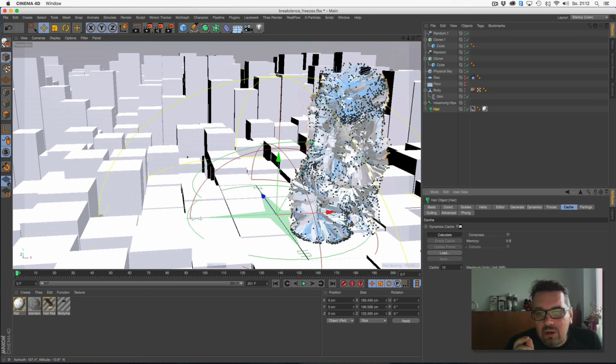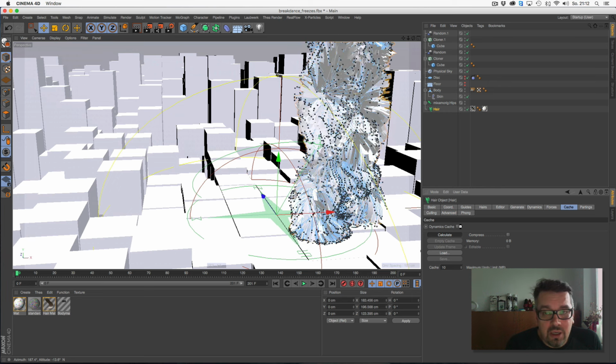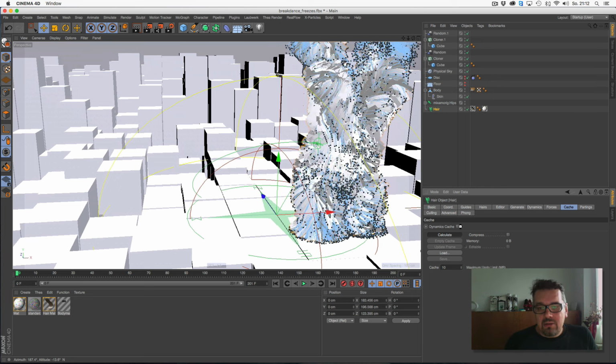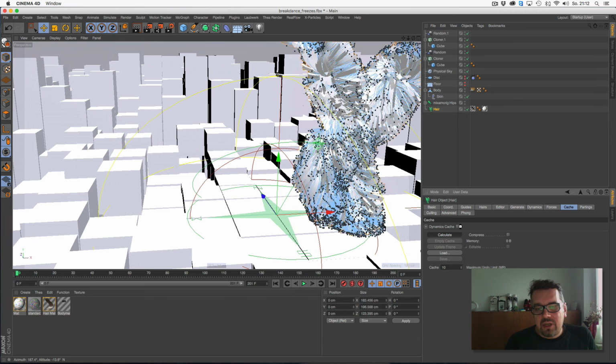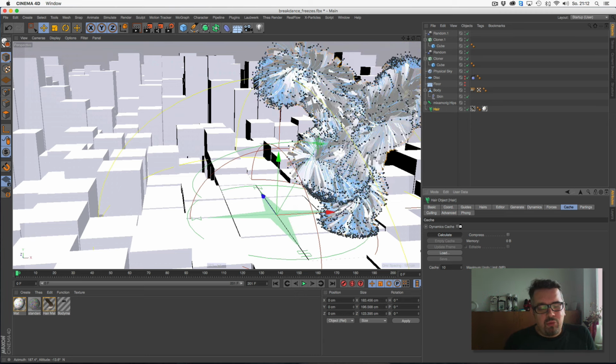And on the other hand, it's very important when you render over a network, because any rendering client maybe starts the hair simulation at the entry point.